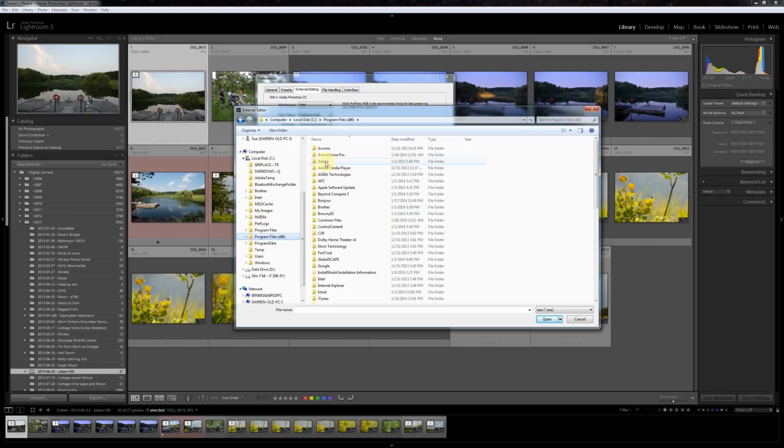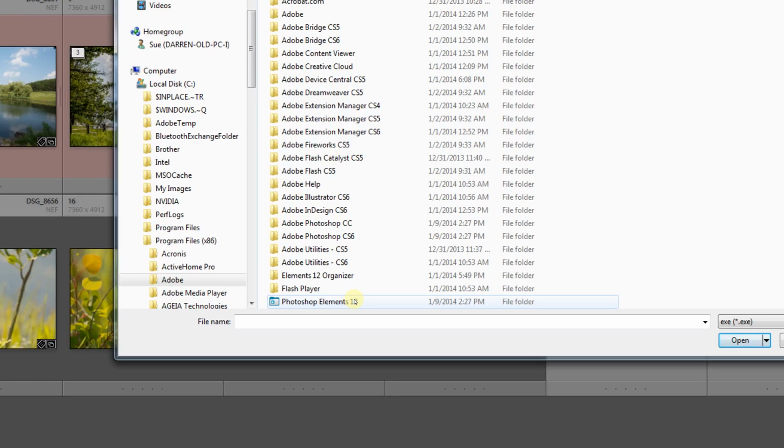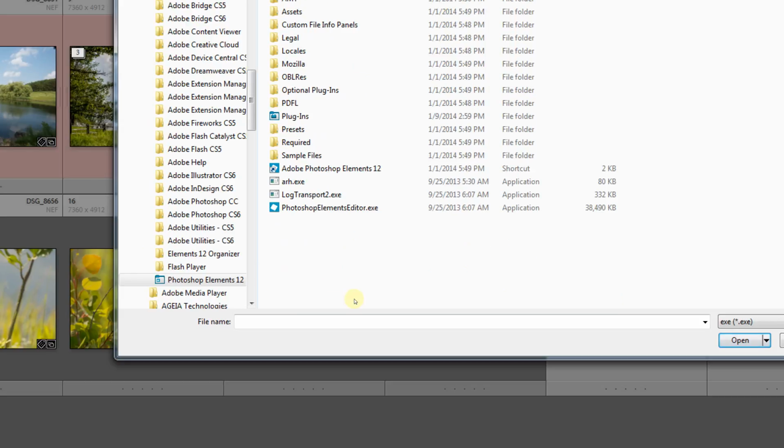Within that, find the Adobe folder, double-click that, and then you're in the Adobe section where all the Adobe programs can be found. Down at the bottom, you should find your Photoshop Elements. If you have versions 8, 9, 10, 11, or 12, it should all be similar in how this works. You just find the folder where it says Photoshop Elements 12. Now in 12, and I'm not sure in other versions of Elements, they've changed the look of the icon of the folder and they gave it a customized folder icon. In any case, we double-click that to get into the folder,